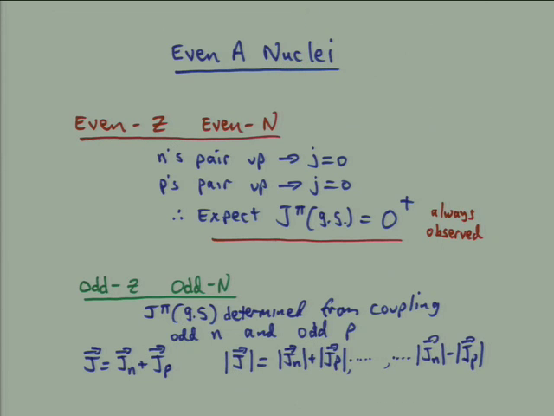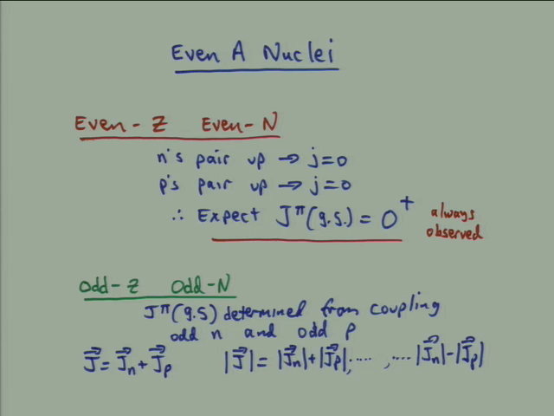Okay, so that's odd A nuclei. Now for even A nuclei, in some ways it's simpler, in some ways it's more complicated. First of all, we've got 2 different kinds of even A nuclei. We've got the even evens and the odd odds. Let's go to the odd odds first, because there's not a whole lot you can do except to say, okay,